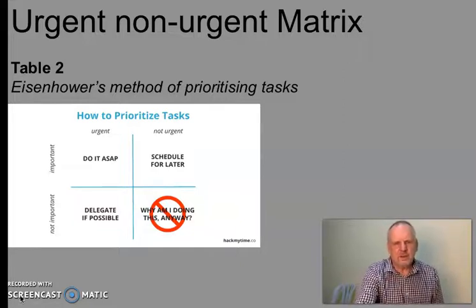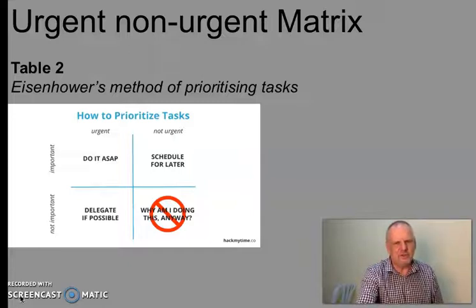So maybe it's urgent because it's there in your face and they want you to do it, but it's not important for you. So, if possible, delegate it to a later date or somebody else to do it, right? Or the next one would be